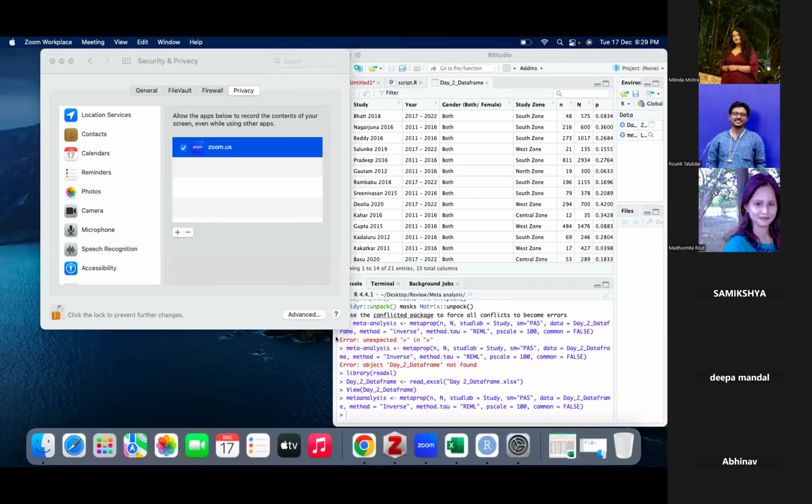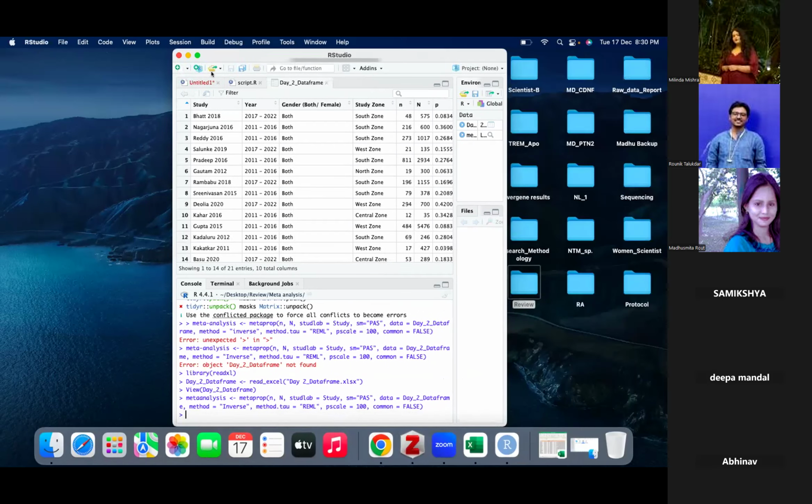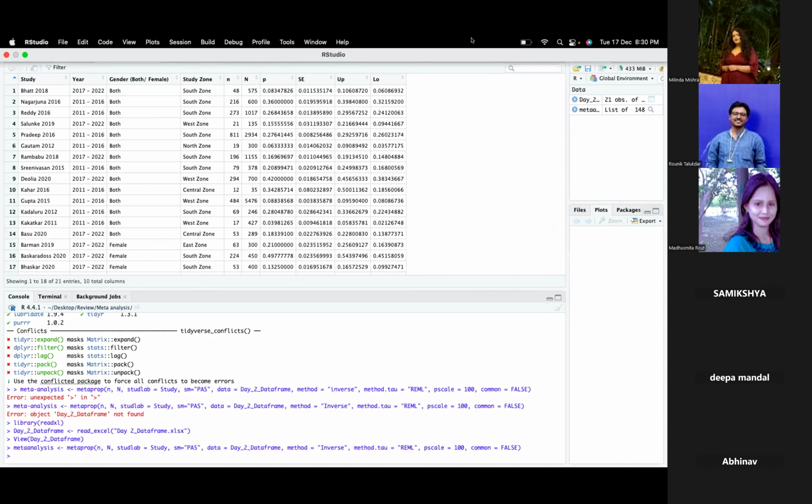मधुस्मिता, प्लीज शेयर योर स्क्रीन। सर मैं कर रही हूँ। ओके। कोई और अगर करना चाहता है वो भी कर सकता है। ओके तो R को फुल स्क्रीन कर लो। मुझे कुछ दिखाई नहीं दे रहा सर। ओके।